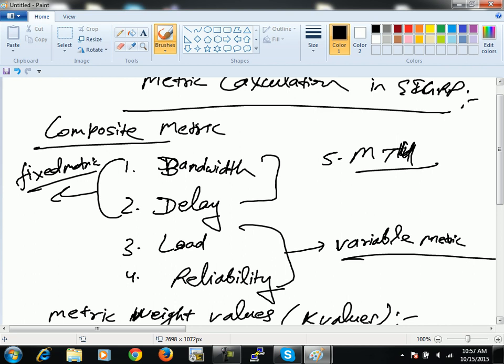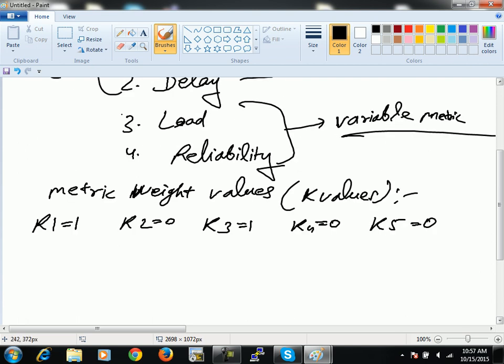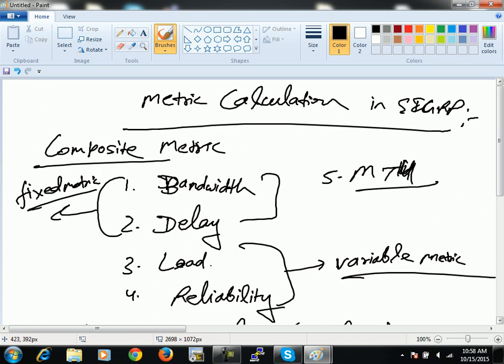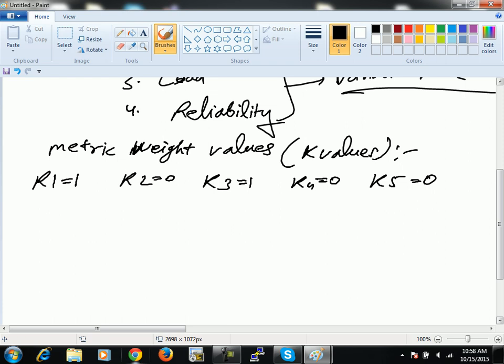Right? And by default K1 is equal to 1, K2 is equal to 0, K3 is equal to 1, K4 is equal to 0, K5 is also equal to 0. These are the default K values, the default metric weight values. And the actual formula for metric calculation in EIGRP is